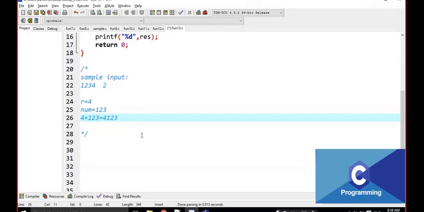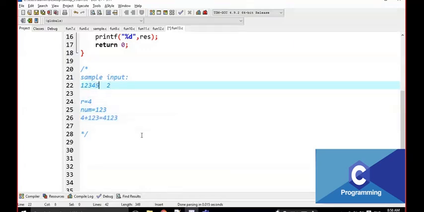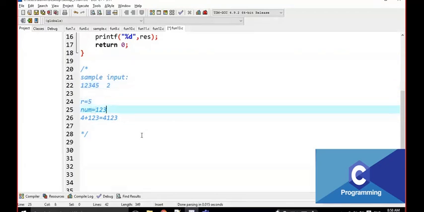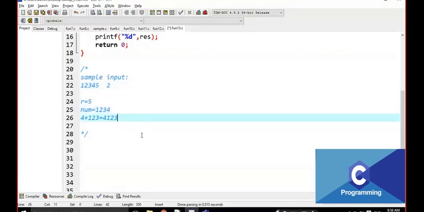Yes, I am going to make it every time. For example, if it is a 5-digit number, the last value is 5 and this is 4, then I am going to turn it as 5 into 10,000 plus 1, 2, 3, 4. That means that value is going to change every time.